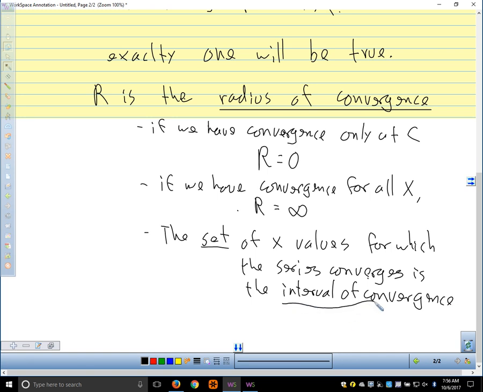So we have a radius of convergence, and we also have a set of x values that we call our interval of convergence. And then to answer Michael's question,